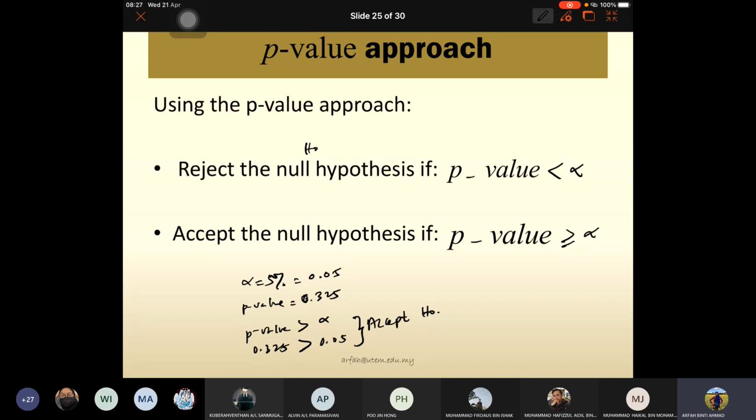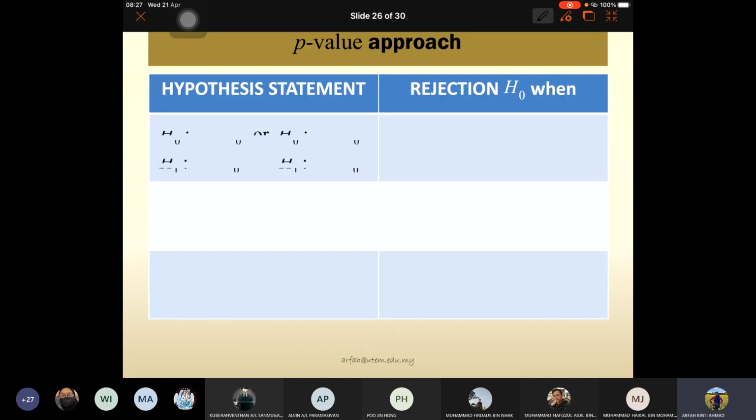So dapat semua? This is p-value. So senang cakap, p-value ni is an alternative. Alternative daripada awak buat dia punya rejection region, but still you have to use the table of standard normal distribution. Okay. So hypothesis statement, if you have mu equal to